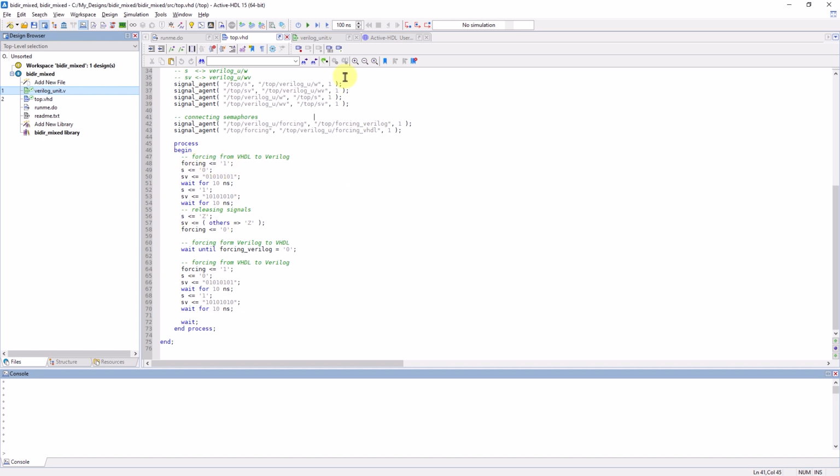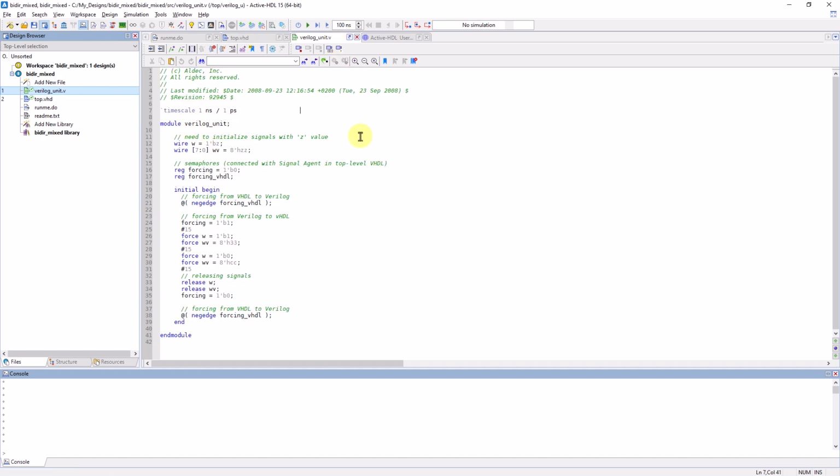Without the signal agent, the Verilog unit would not be able to access the VHDL's scalar and vector signals when it wants to update them, as the reference to them would be something like top.S or top.sv, which is not legal since VHDL doesn't allow for hierarchical references. So now that we understand how the code works, let's run the macro and check to see if the values